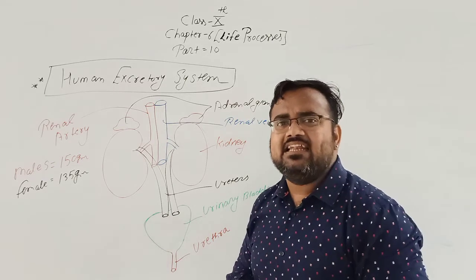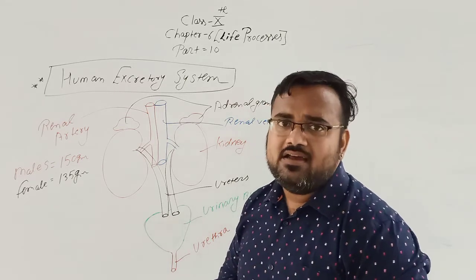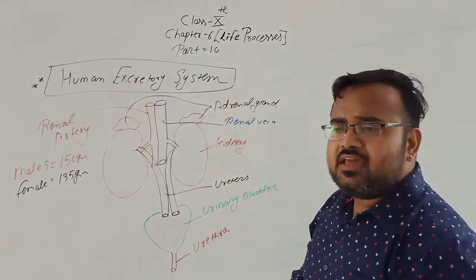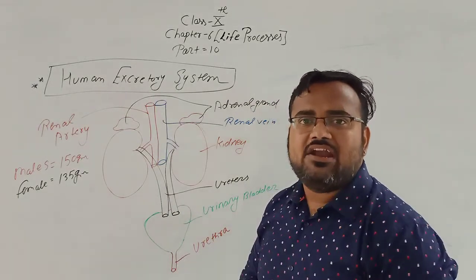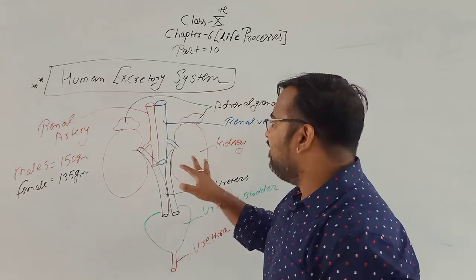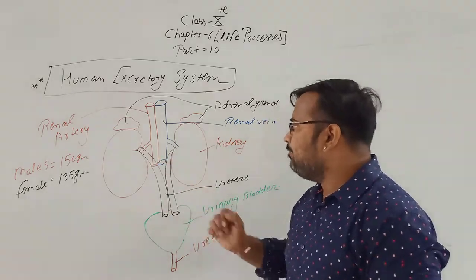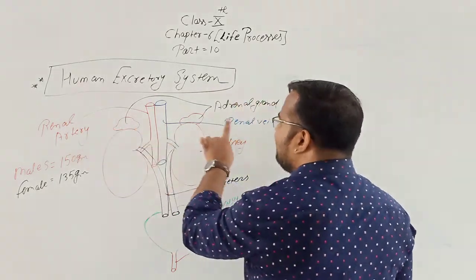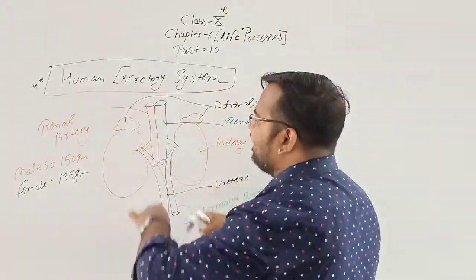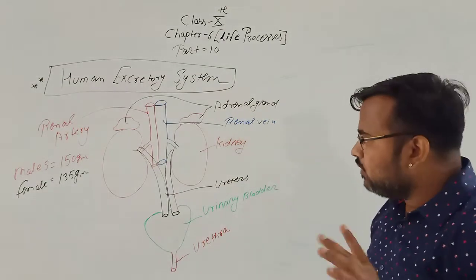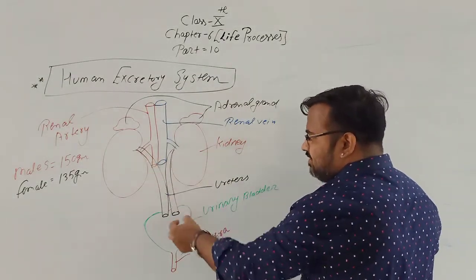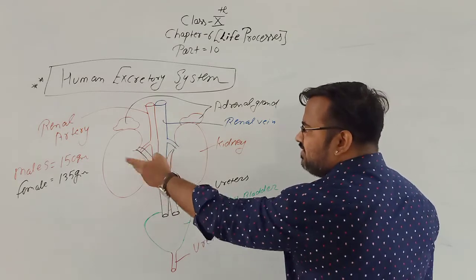In the kidney, the nephron only filters the blood. We'll see in detail how the nephron filters the blood, in the topic structure and function of the nephron. Now, the renal artery and renal vein are the two tubes which are connected to the right and left kidney. Then there are two tube-like structures which emerge from the kidneys.